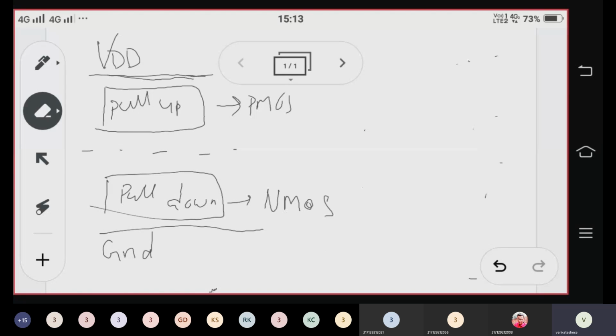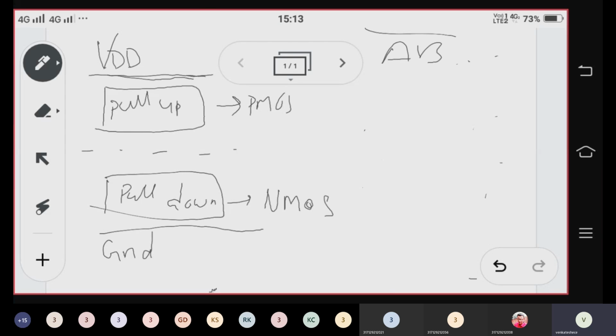Now, let us consider how we will design an equation in transistors. Let us consider my input is AB bar. I want to design AB bar in CMOS technology. How many literals or inputs are there in the AB bar equation? A and B, sir. Yes, two inputs are there. So we require two PMOS transistors as well as two NMOS transistors.